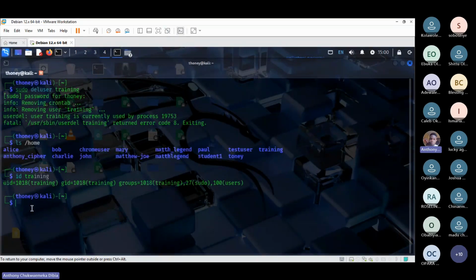I think I deleted the user. Okay, the user is being used. That is why it is not removed. All right, so that we won't waste most of our time, let us just create another user and we remove the user, because I need to log out that user so that